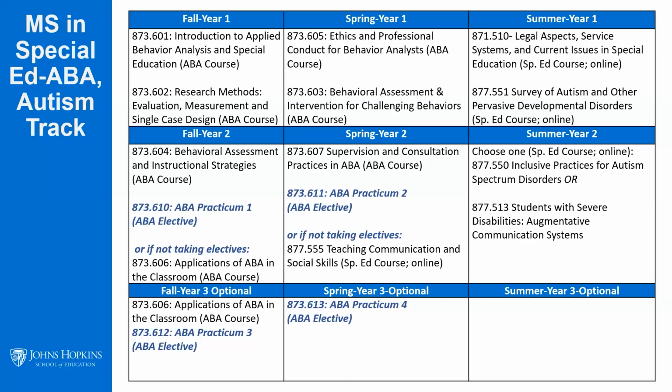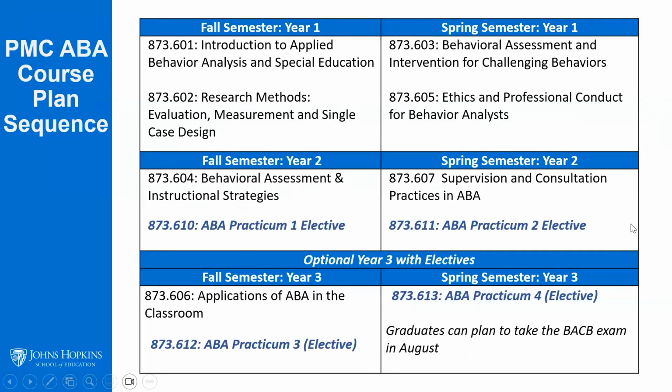practicum electives. And then if you go on to the next slide, we have the postmaster's certificate. Again, you can see over 2 years with that optional 3rd year. And so the autism courses that are listed in the master's are our fully online asynchronous courses. And then the postmaster's certificate, I'm going to talk about the ABA courses right now, and go through those in detail. The first semester of that first year is the 2 ABA courses, which also are the same